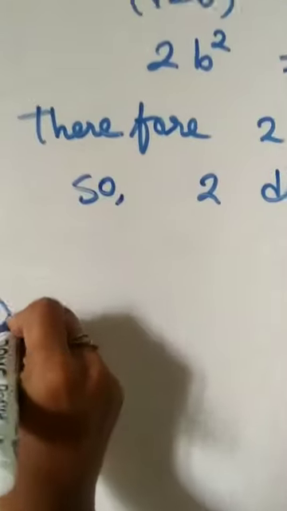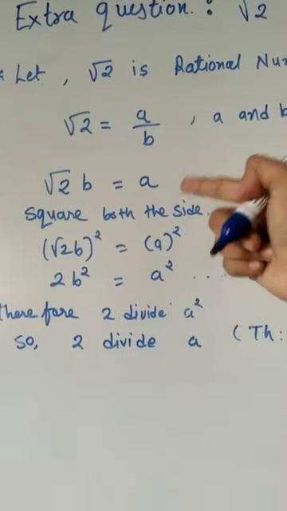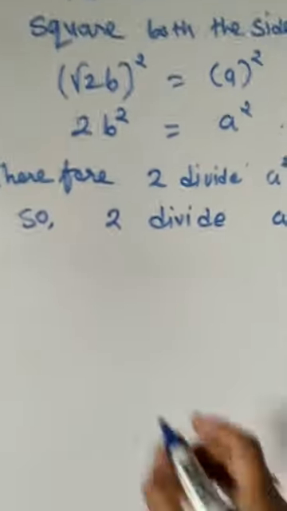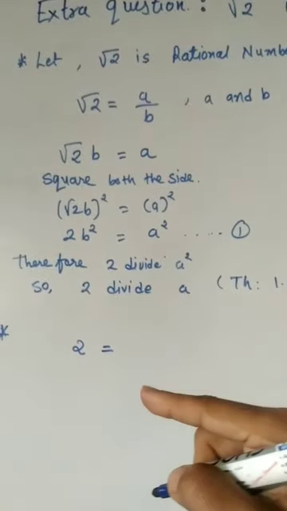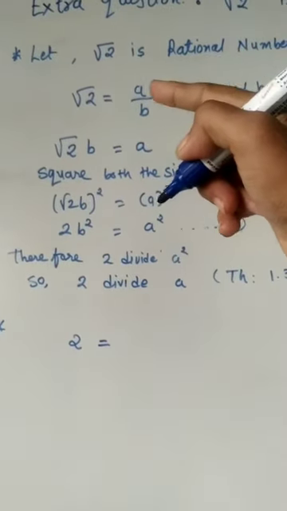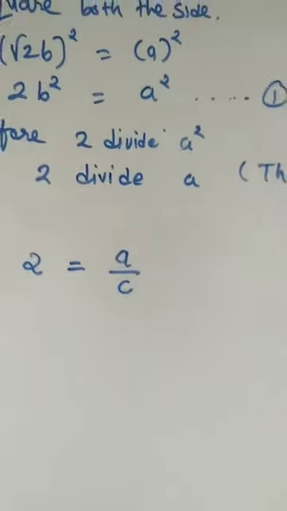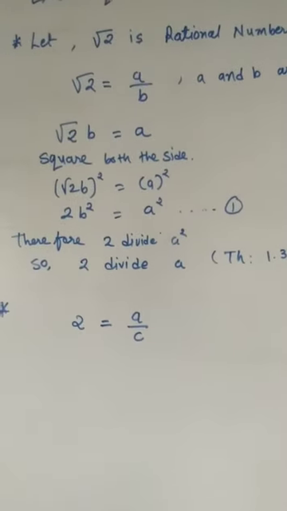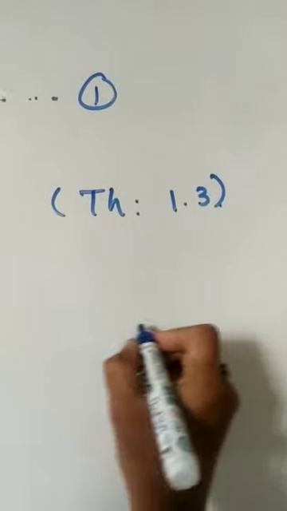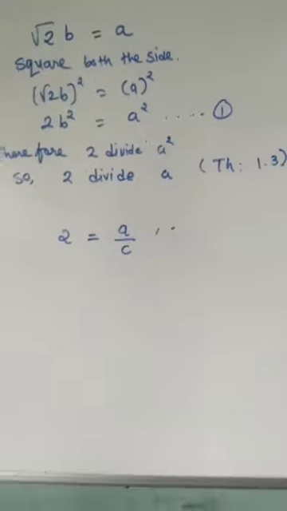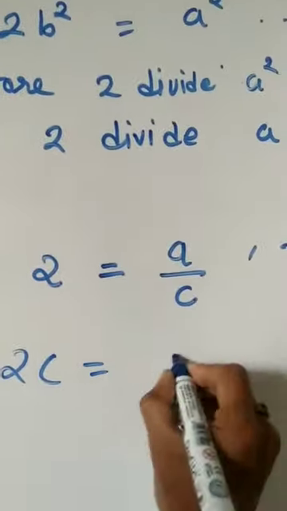Now here again we will make a star. As we have guessed under root 2 in the form of a rational number, that is p by q or a by b, now we will write that number in simple form, not in the form of under root. Here we will write it in another form: let us get it as a rational number, in the form of a by c. Here you can see the difference, and you can write that a and b are also co-prime. We will do the same process: we will take that c there, so it becomes 2c is equal to a.